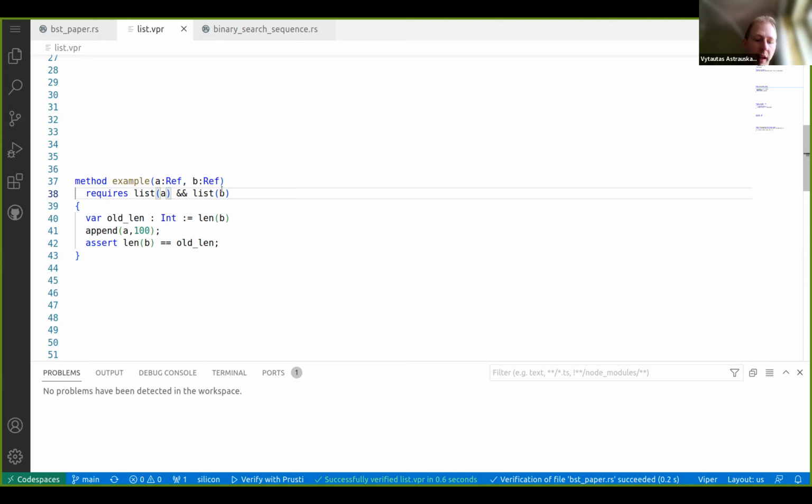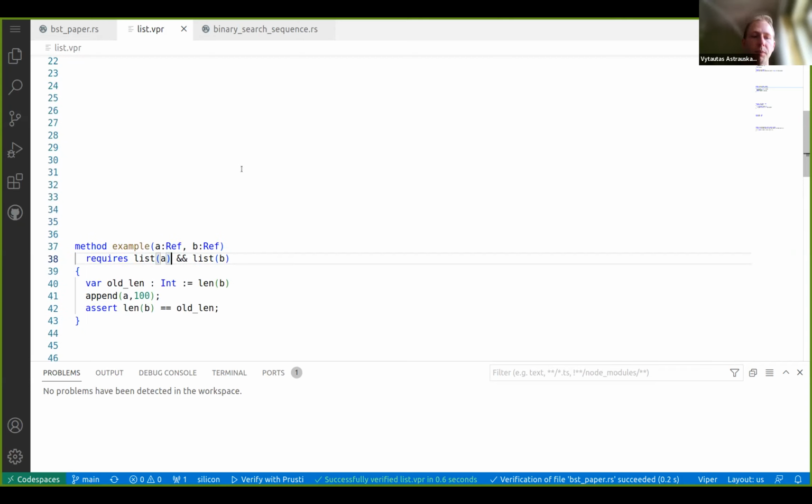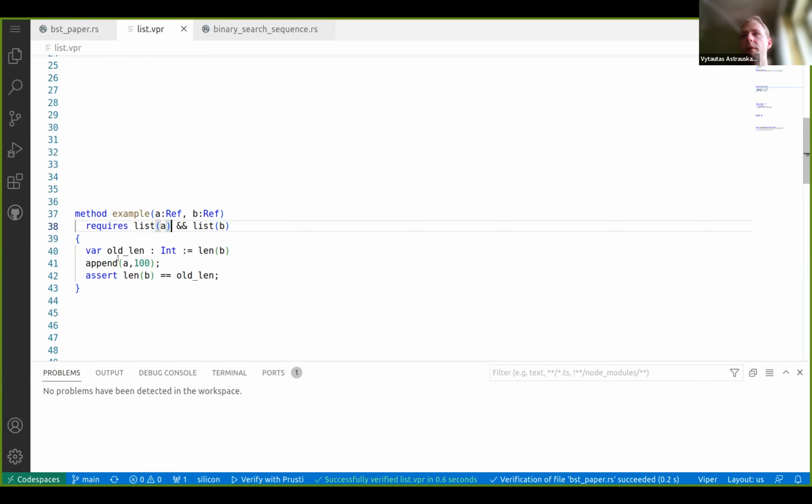Or basically, if the sum of permissions is more than one, then these two things are different. That is kind of the actual thing that allows the solver to prove that A and B are disjoint, and therefore